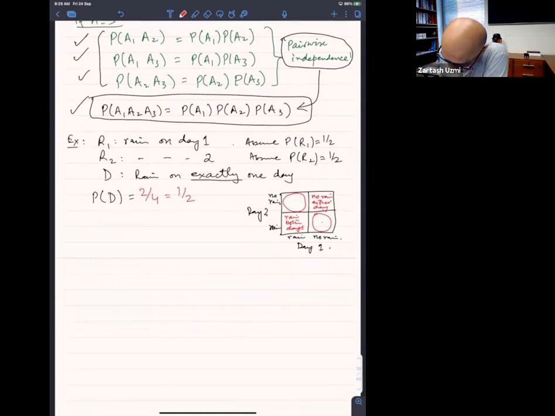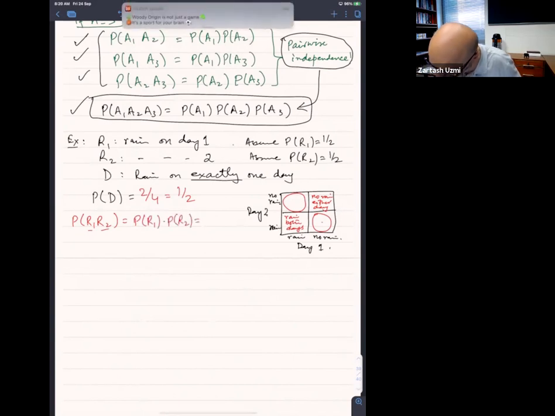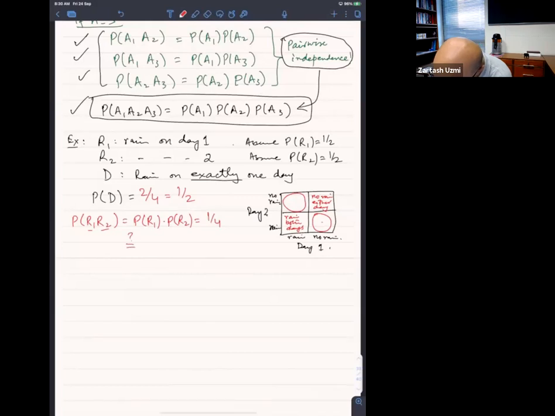I'm going to ask you, what is the probability of R1, R2? We know that on the days when the rain is there, the rain on a given day is independent of the rain on any other day. So the R1 and R2, it is given that they are independent. So this would simply be equal to probability of R1, probability of R2, which is equal to 1/4. Now, is this equal to probability of R1 and R2 anyway. So let me just